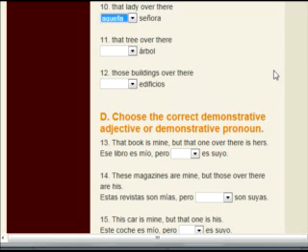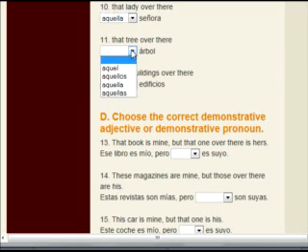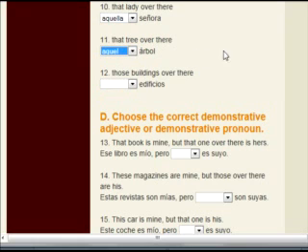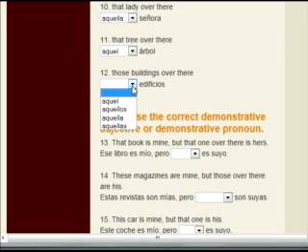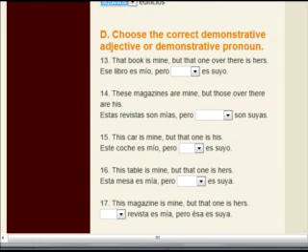That tree over there. And I'll go ahead and tell you the tree is masculine. Aquel árbol. Okay. Those buildings over there. Aquellos edificios. Okay. And in this one, we're choosing the correct demonstrative adjective or demonstrative pronoun. Okay. That book is mine, but that one over there is hers. Okay. Ese libro es mío, pero